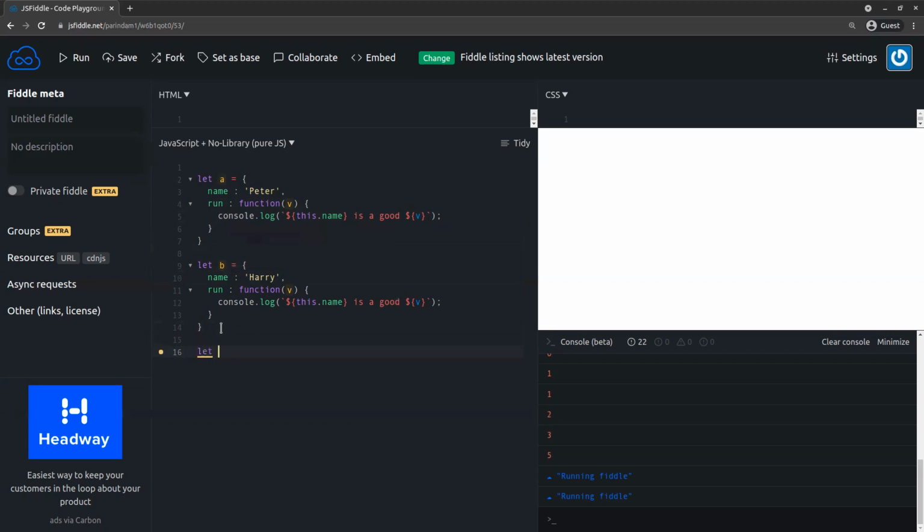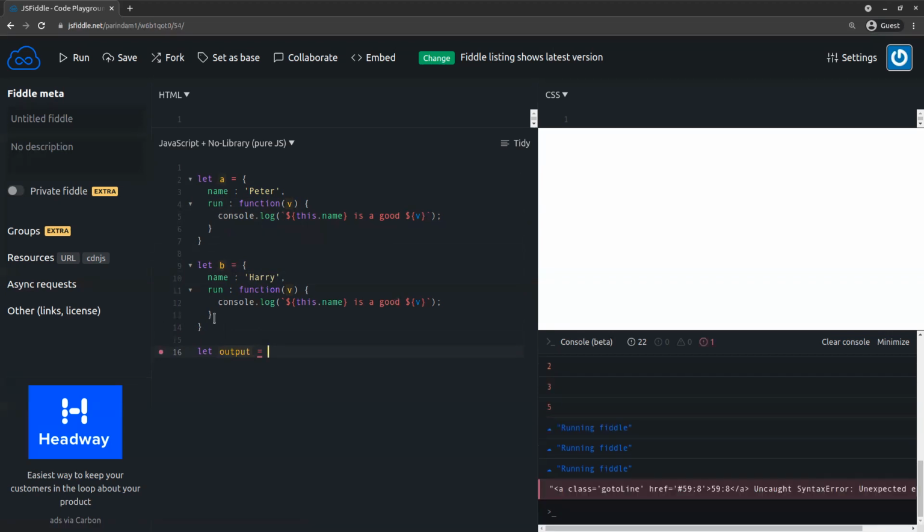I'm creating another variable, output equal to a.run.bind. a.run means I bind this method with this one. So b, the first argument, it will take b, and the other argument is this function's argument value. So I'm writing good, no, player.